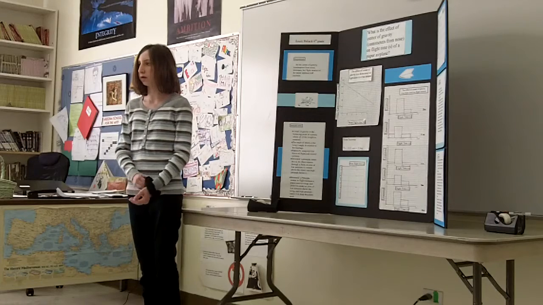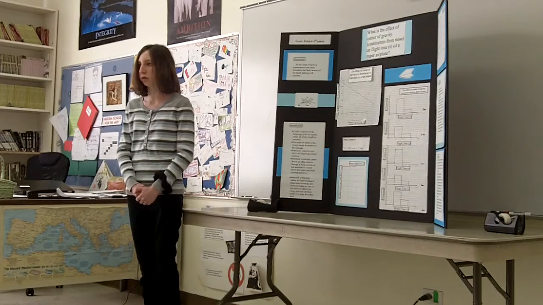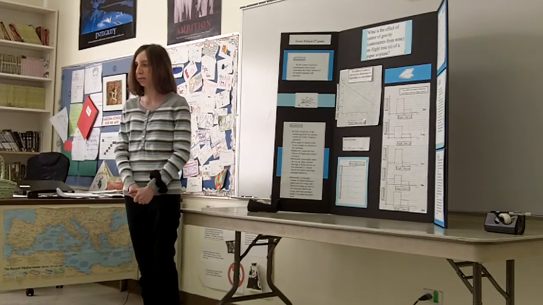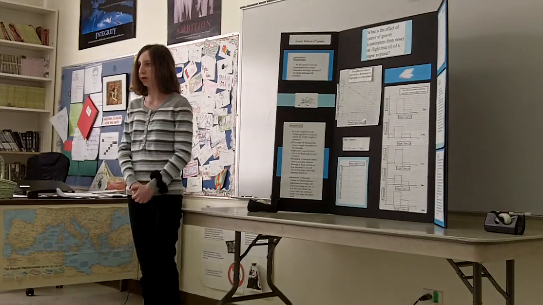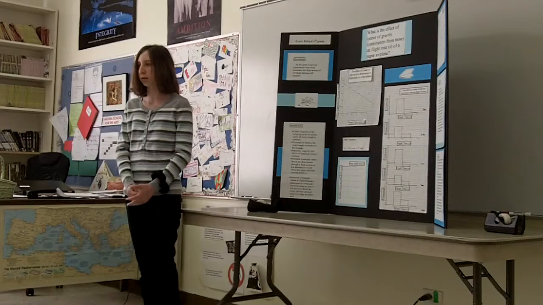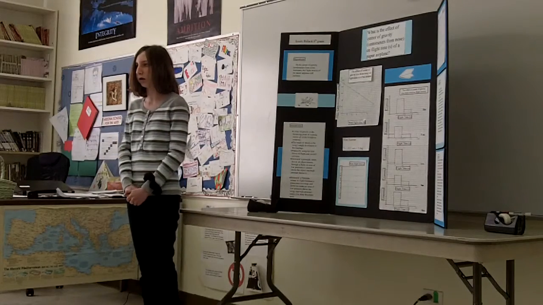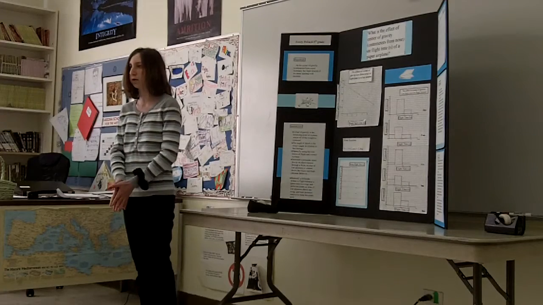Planes have 4 forces of flight to help them fly. One is lift, which is created by Bernoulli's principle, which means that as an object moves through a liquid, it creates an area of high pressure beneath the wing and low pressure above the wing. Gravity is just weight that's pulling the plane down and must be counterbalanced by lift. Thrust is created by planes' engines or propellers, and propels the plane forward at a certain speed, which is called velocity. And drag is created by the plane moving through a liquid, which is just air, and it creates friction, which is called